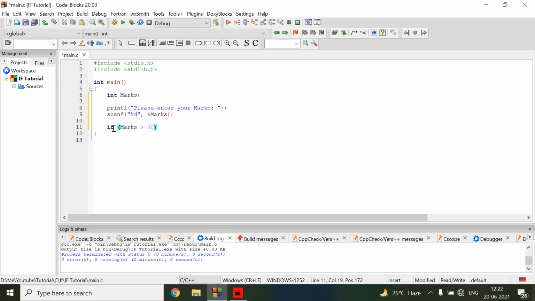Here for the if condition, first we need to write if, then open the braces, then this is the logic condition. If it is true, then we need to open the braces. Here we can write our logic or whatever we want to display. If this condition is true, then only it will execute the logic inside. If not, it will skip it. Now we are going to display with printf that if the marks are above 80, then only it will display this message. Now I am just returning 0.